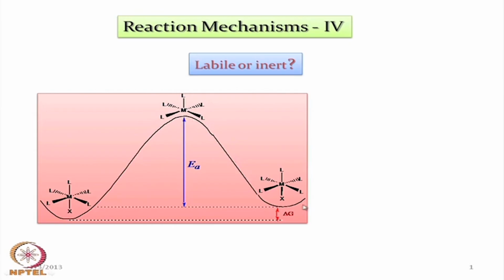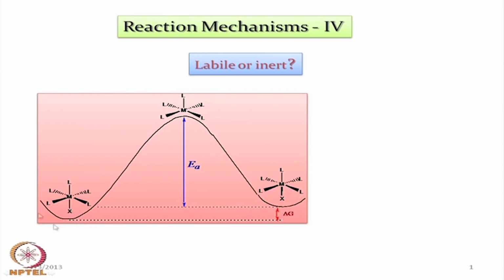Then it gets back its corresponding X, or the attachment of Y, which is the incoming ligand, to keep the octahedral geometry back, but it has some different amount of stabilization which is not going to the ground state level. That means there is a typical separation or gap between the corresponding enthalpy of the reaction, delta H, or that delta H can also be correlated to the delta G value, the free energy change for this particular form to